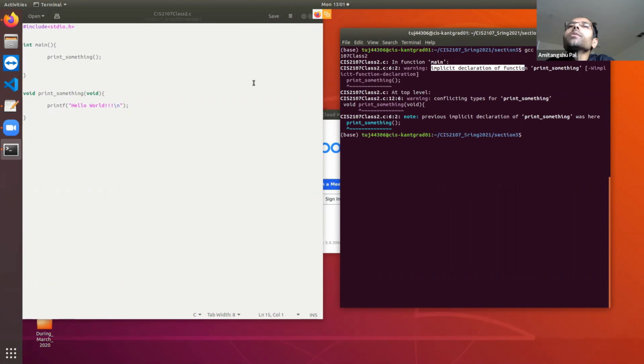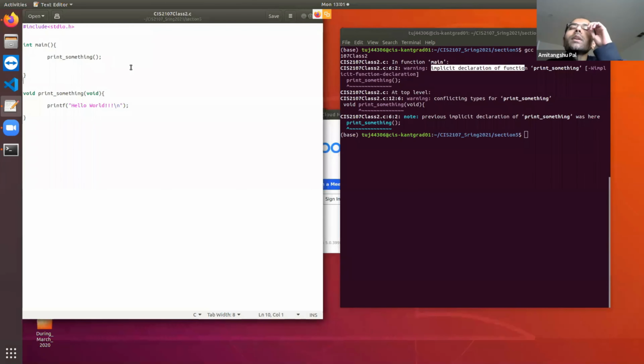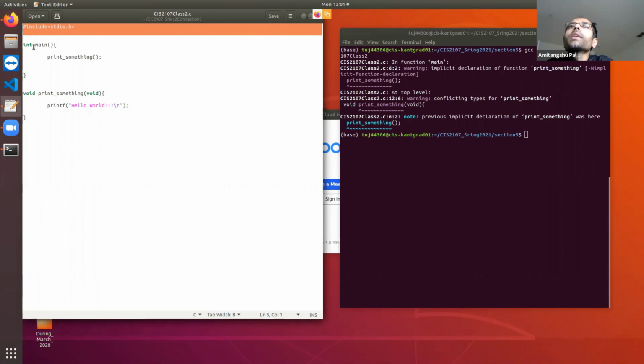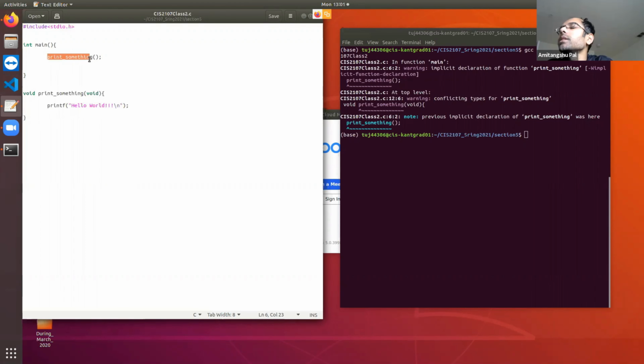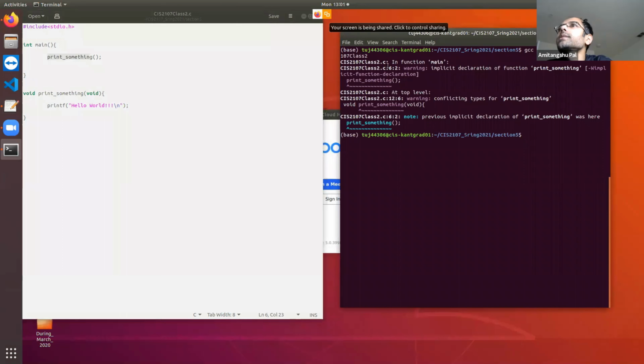What it means is that the compiler is reading this program from the beginning, and whenever it is encountering this function, it has no idea what this function is. Your function is declared over here, but whenever your compiler is reading this line, the function definition is missing. So that's how it is generating a warning, implicit declaration of the function in line 6.